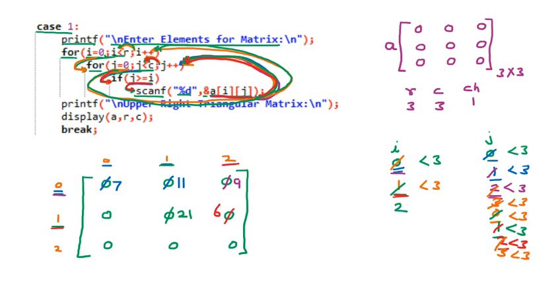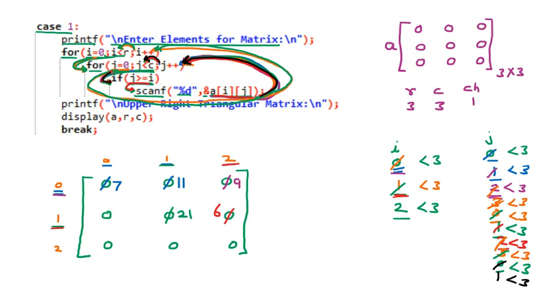Again checking the condition, i less than r. So 2 less than 3, true. Coming down, j equal to 0. So j will again start with 0. This way the loop is running. Then again, j less than c. Afterward, is j greater than or equal to i? Is 0 greater than or equal to 2? No. The if will not run, it will go back. So here it is going back. j++, j is 1. Again checking, j less than c. 1 less than 3. True.